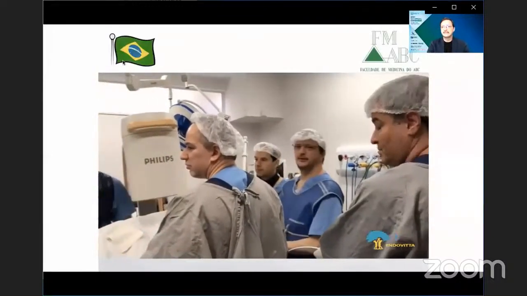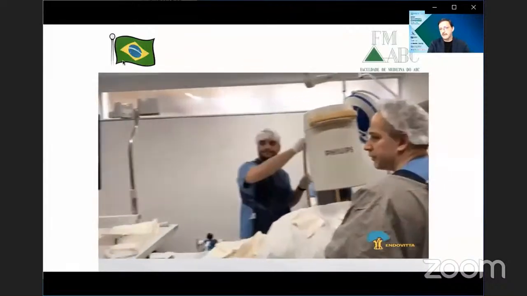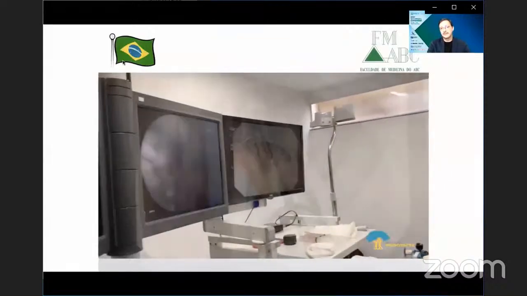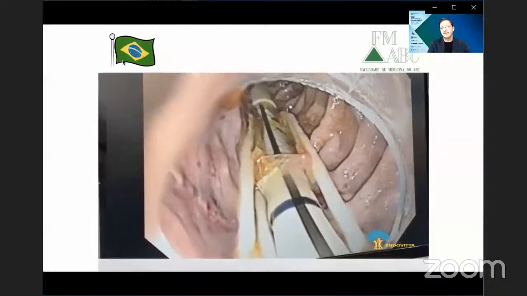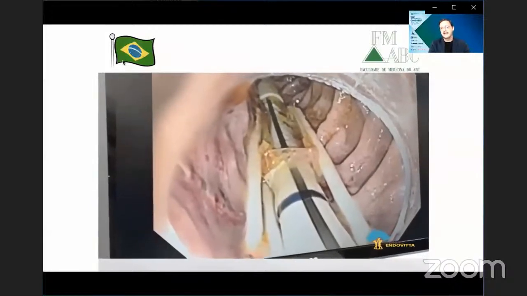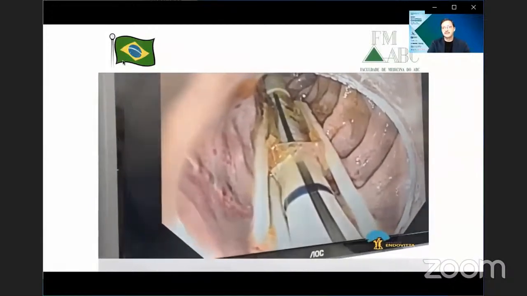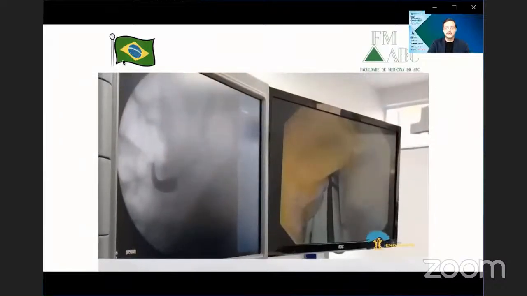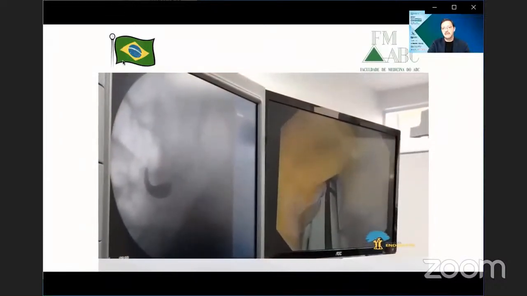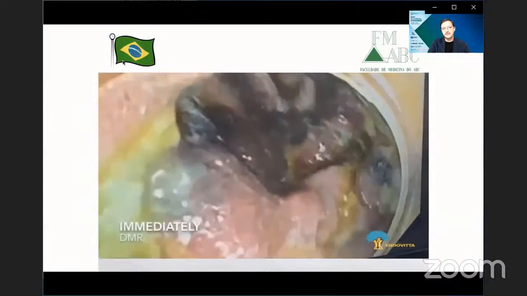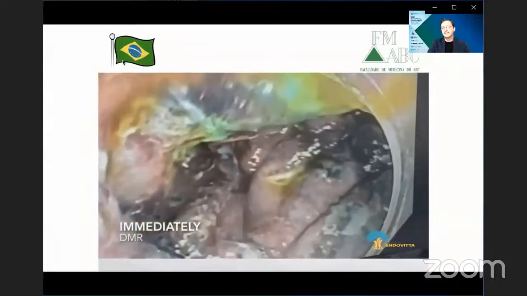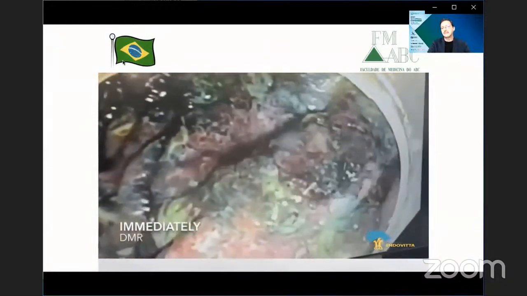Just to give you an idea, this is how we do the procedure, endoscopic with X-ray. This is the balloon inside. We don't see the balloon inflated because we need to aspirate the mucosa over that to get a good ablation. But most important is for you to see the immediate result, that we can see a clear damage and ablation on